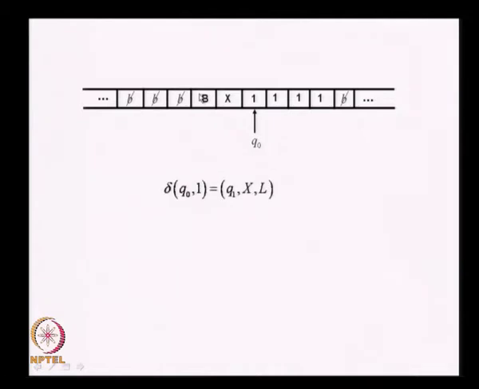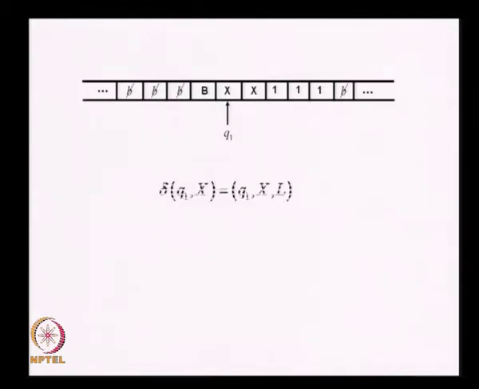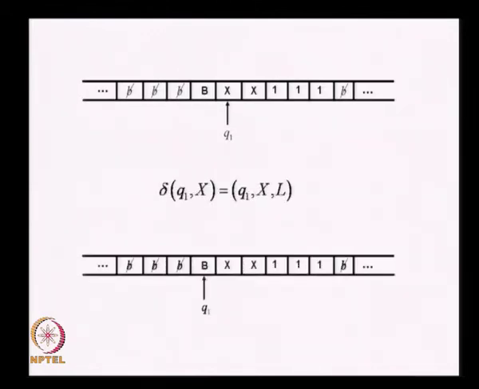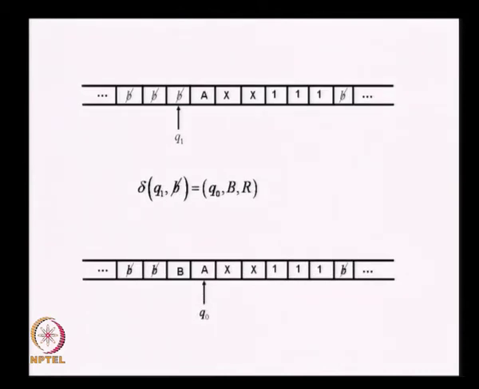Let us see how it happens. In Q0 1 it changes the 1 into x and moves left. In Q1 it sees the x again, moves left using this mapping, and when it sees the capital B in state Q1 it changes this into a using this mapping and moves left. So, it prints a B here using this move, prints a B and starts moving right. In state Q0 it goes over everything and changes the next one into a x and starts moving left.